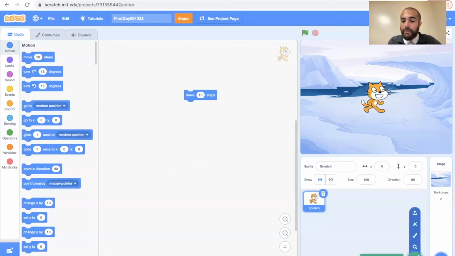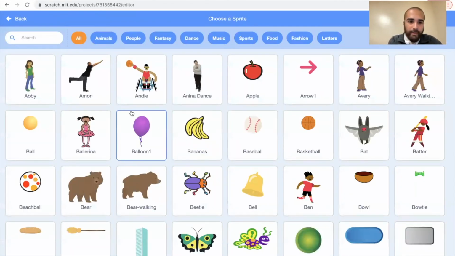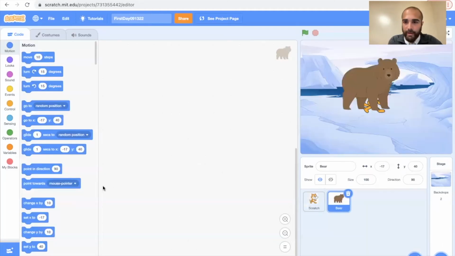If I wanted to choose a sprite, I could add other sprites. So I could choose one of my own. I could draw one of my own. I could just pick a random one or upload one that I've either already created or one that's on the internet. So with that, let's just say I want to choose another sprite and I'll just choose this bear here